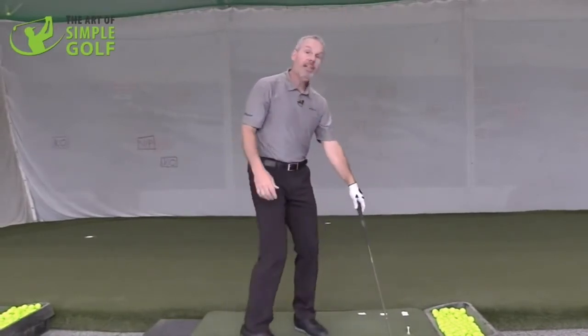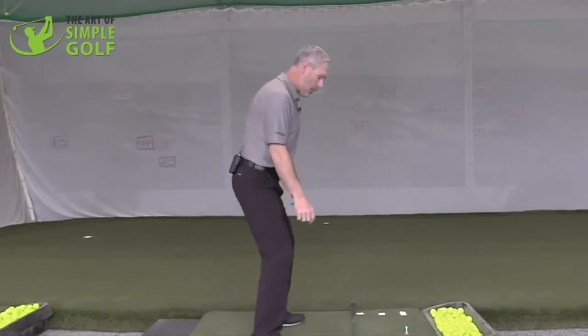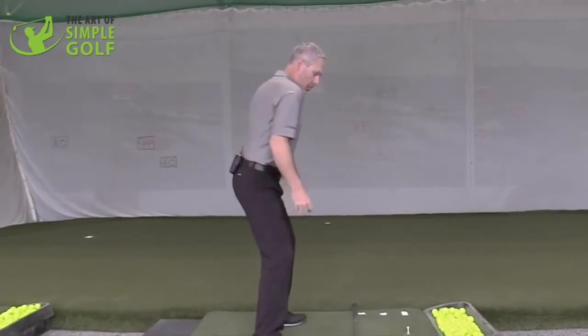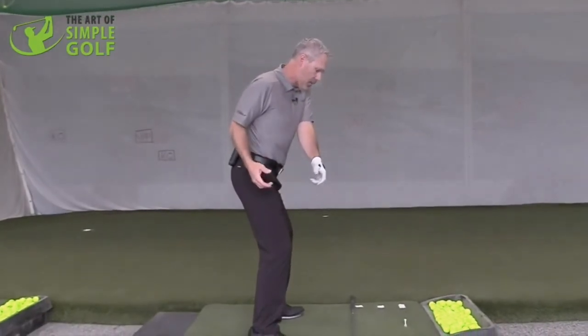Now, let's look at what happens if you don't turn the body. I'm going to rock my shoulder back as far as it goes, rock my shoulder forward as far as it goes. Now I'm going to